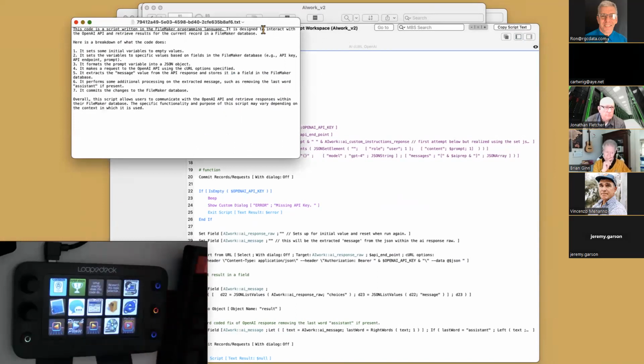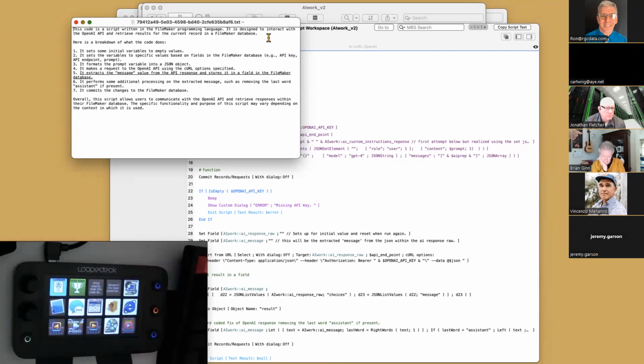This code is a script written in the FileMaker programming language. It is designed to interact with the OpenAI API and retrieve results for the current record in a FileMaker database. Here is a breakdown of what the code does. 1. It sets some initial variables to empty values. 2. It sets the variables to specific values based on fields in the FileMaker database, e.g., API key, API endpoint, prompt. 3. It formats the prompt variable into a JSON object. 4. It makes a request to the OpenAI API using the curl options specified. 5.